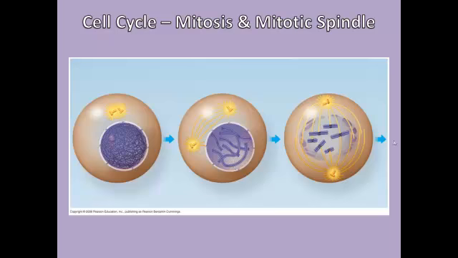The next phase of mitosis is prometaphase. The nuclear envelope breaks up. The chromosomes are even more condensed, as you can see in this diagram. Microtubules from the mitotic spindle attach to the kinetochores of the sister chromatids, becoming kinetochore microtubules. Microtubules that don't attach to a kinetochore, called non-kinetochore microtubules, cross in the middle.